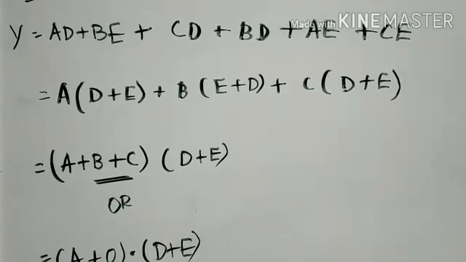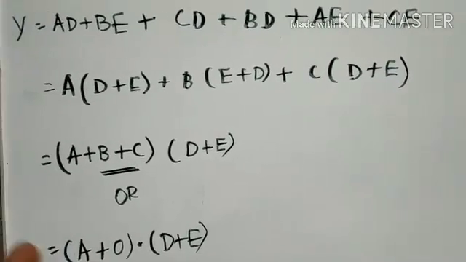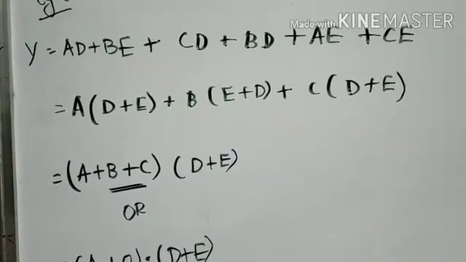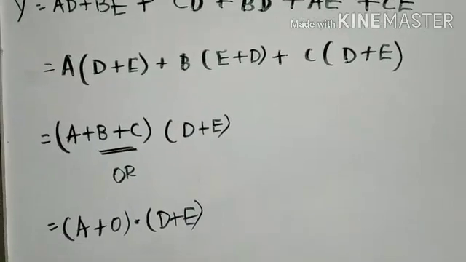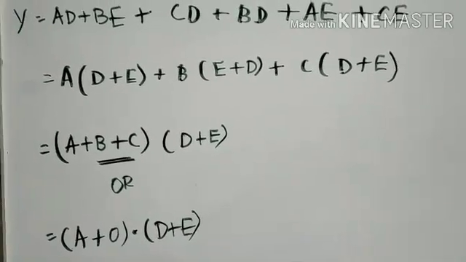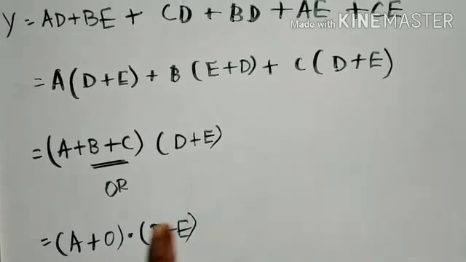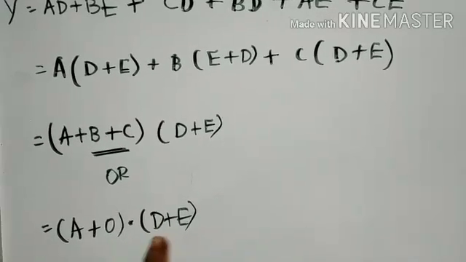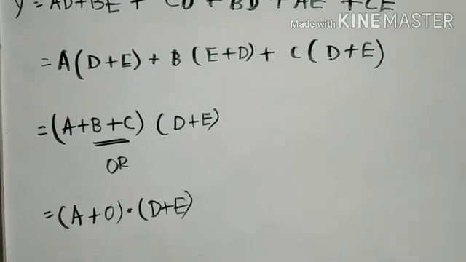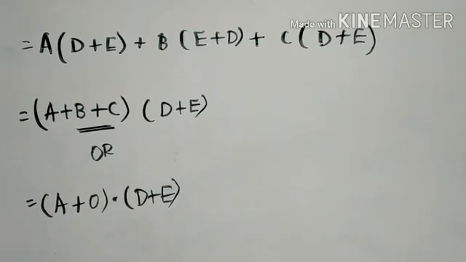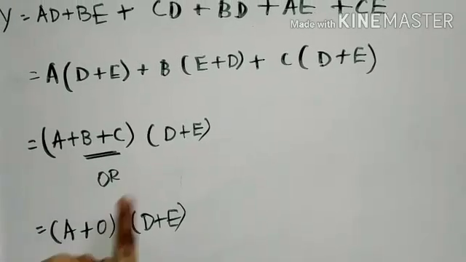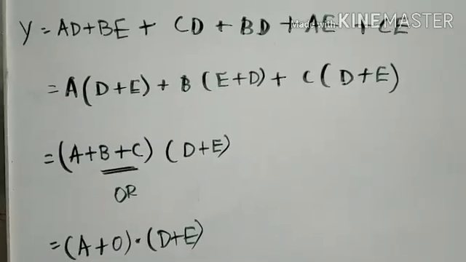First, in that A plus B plus C, I am splitting B plus C alone. We can say that B plus C is an OR gate, right? In our second problem we have seen the number of NOR gates required to implement an OR gate is 2, right? See, we can replace that OR gate with O. So A plus O into D plus E. This is the generic AND gate format. So what is the number of NOR gates required? That is 3 NOR gates. So here for O, it requires 2 NOR gates. So totally 5 NOR gates are required to implement the given function.